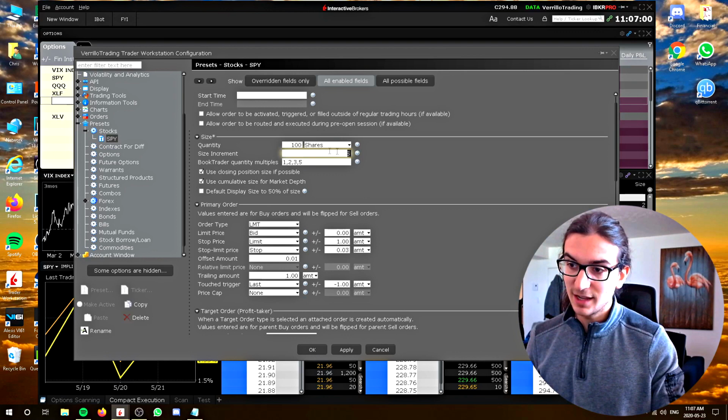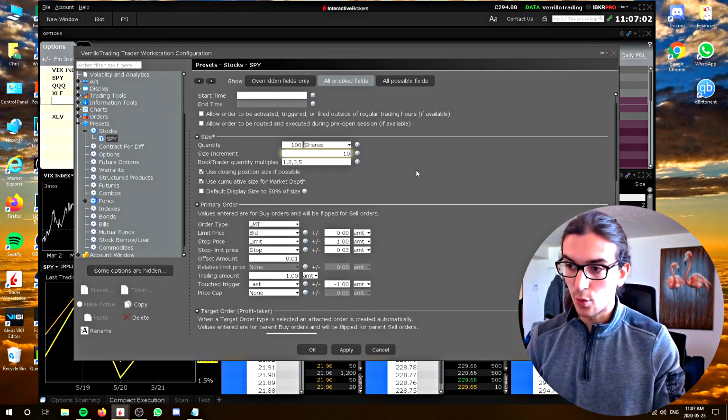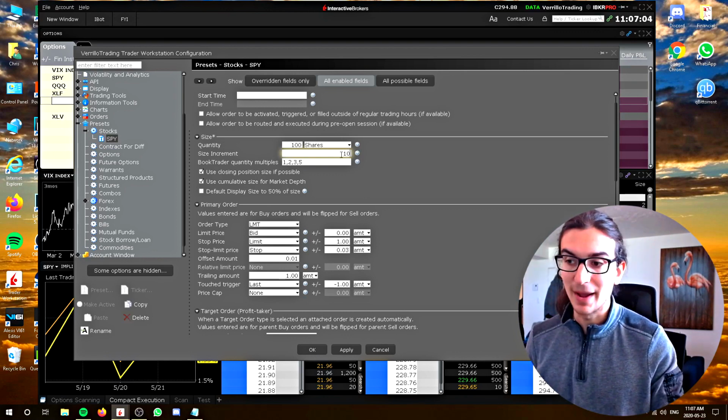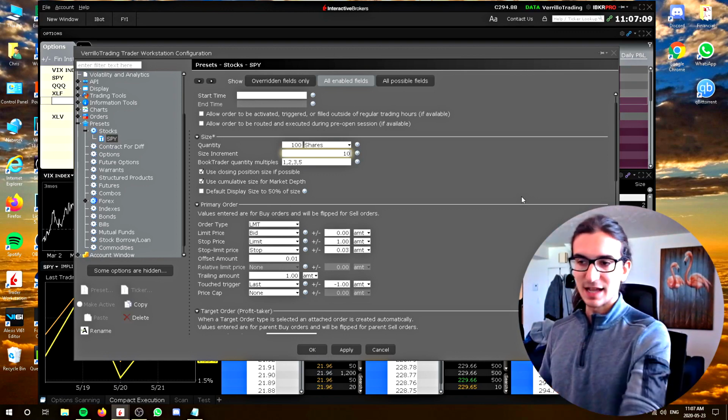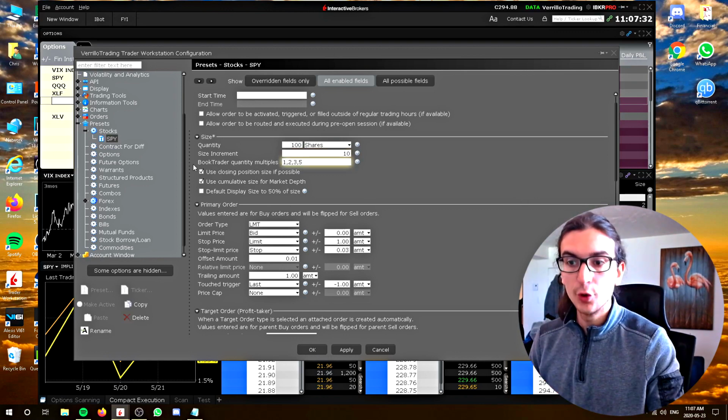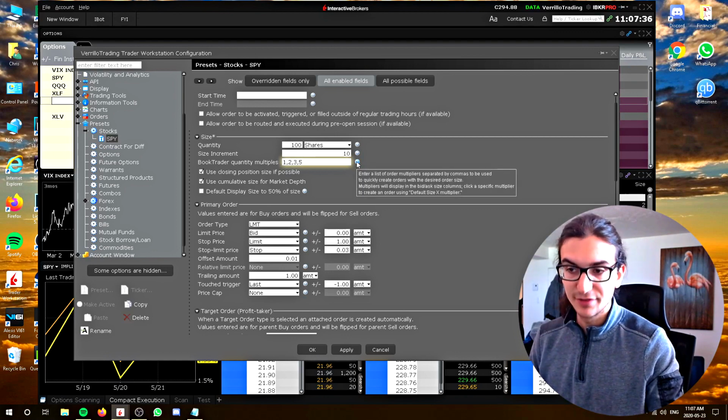So let's say your minimum size is 100 shares and you want your size to increase or decrease by 10 shares based on the buttons you press, okay? So that's exactly what you're gonna do. You're gonna set it to 10. I don't know what book trader quantity multiples will do, so I'm just gonna leave it the way it is